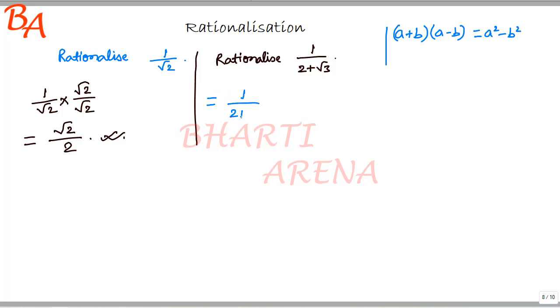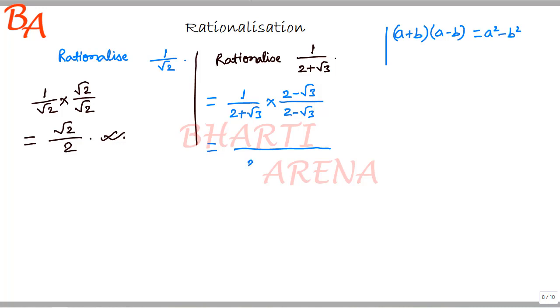It would be 1 by 2 plus root 3 into 2 minus root 3, and to cancel this out we will write here again 2 minus root 3, because these two will cancel each other and the result will be 1. Since by multiplication of 1 no change occurs in the fraction or in the rational number, 1 by 2 plus root 3 will not change here,